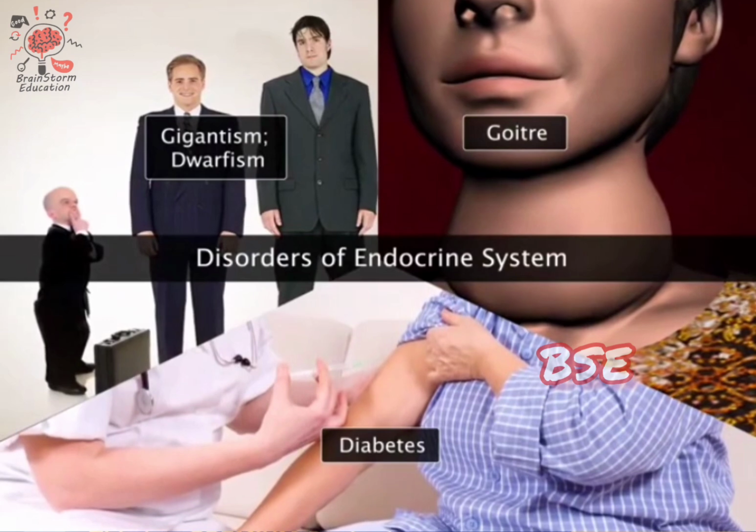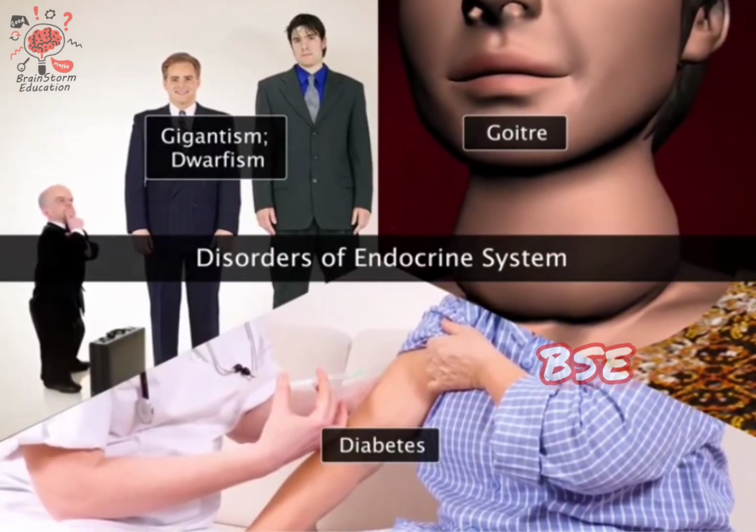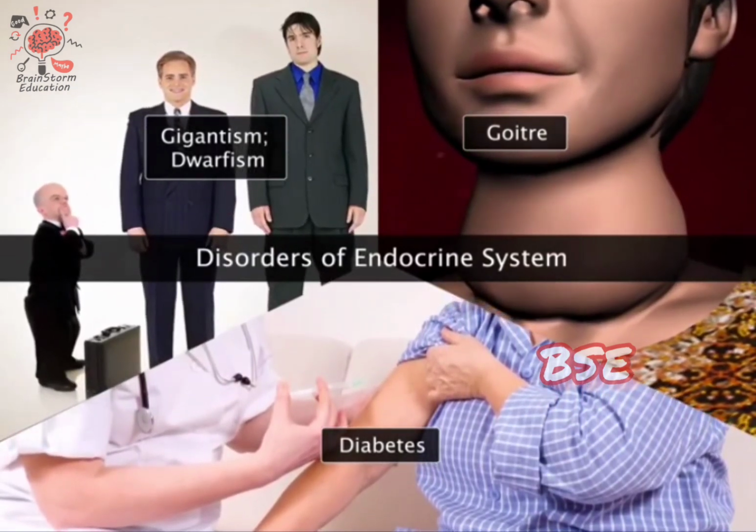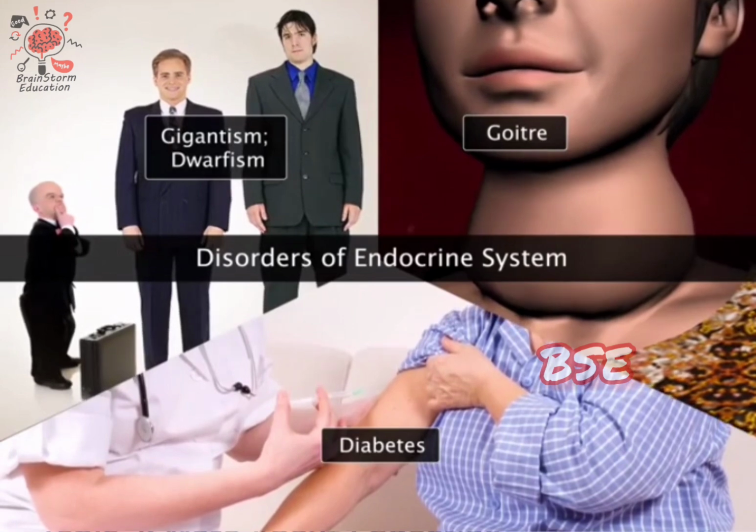Hormones are required in very little quantities. Too much or too little of any hormone can cause disorders.